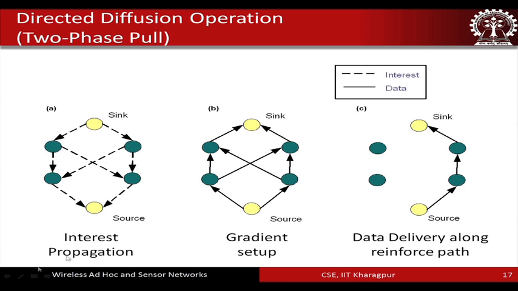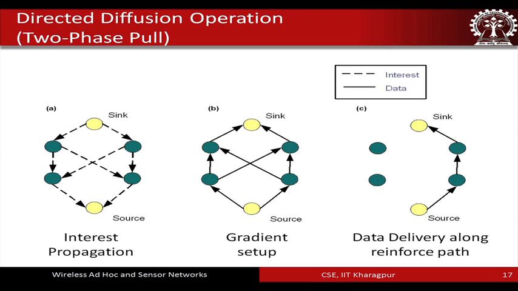So, first, as we have seen before, is the interest propagation. The sink floods to all its neighbors and broadcasts an interest message, which will be propagated all through until it comes to a node which is the source node. The source node is the one which will respond. Let me take one specific example to make this point clearer. Let us say that the sink can propagate an interest by sending a message which says: can any of these nodes